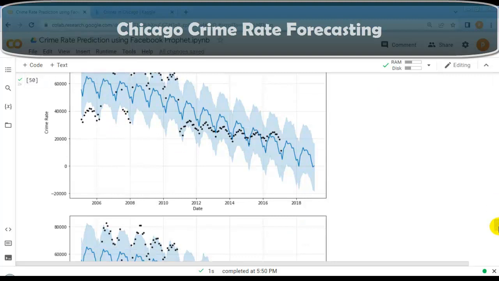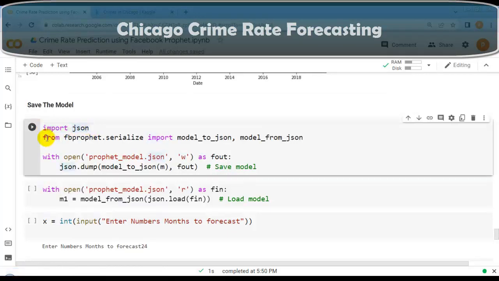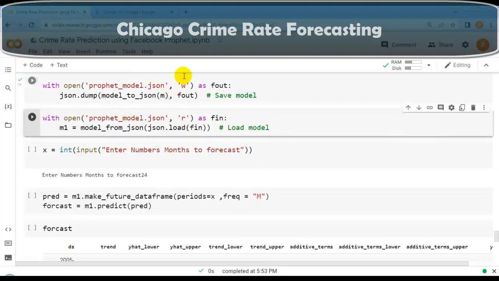So now our next question. So here we are going to save our model. So again and again training is not required and we can perform forecasting using our saved model. So for that you can see here I have imported the json library, and also from prophet.serialize I have imported model_to_json and model_from_json, and I have opened this file in write mode, and I have saved our created model. Let me execute this cell. As you can see here, now our model is successfully saved. In future, we can perform forecasting using this saved model.